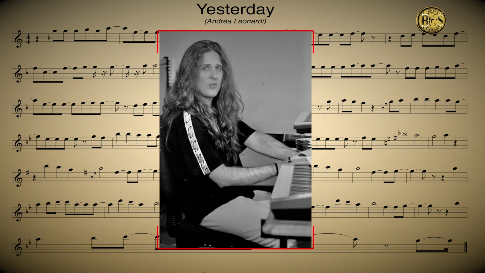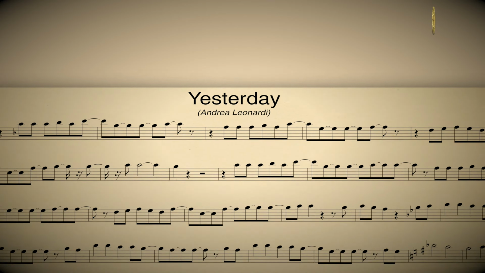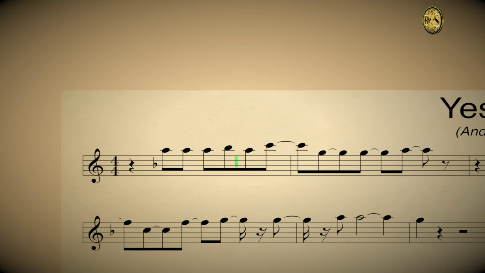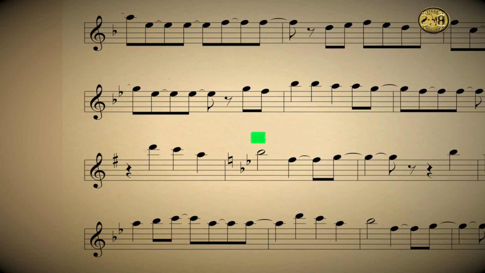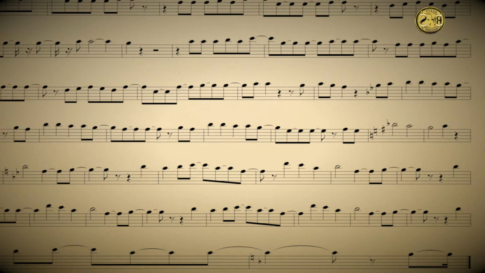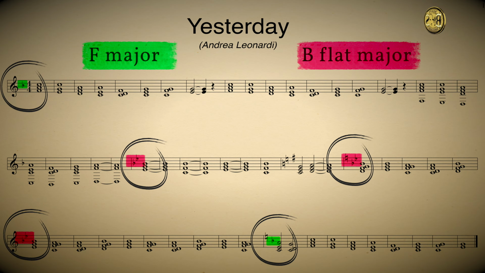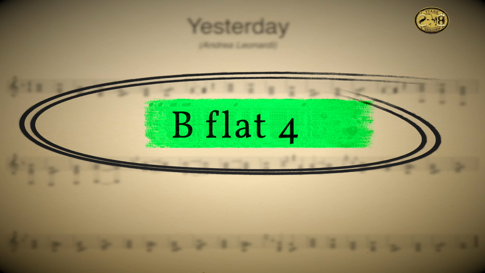Yesterday by Cherry is actually one of my favorite tunes among my own compositions of all time. One of my hidden tricks in songwriting is making different tonalities wrapped around one or two single repeated notes throughout the song. In the case of Yesterday, the single note being repeated is B-flat 4, and then I kept the keys of F major and B-flat major around it. So take a look at B-flat 4 along the whole song.